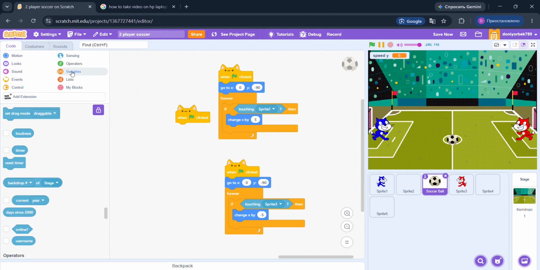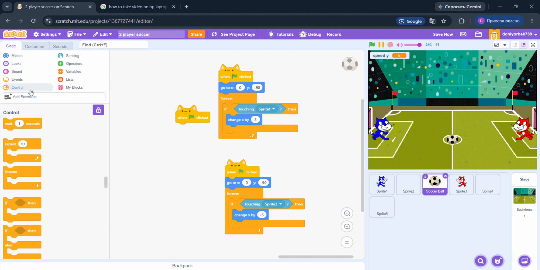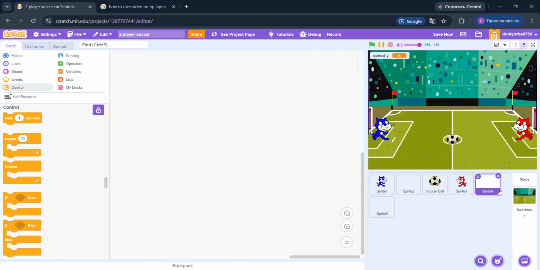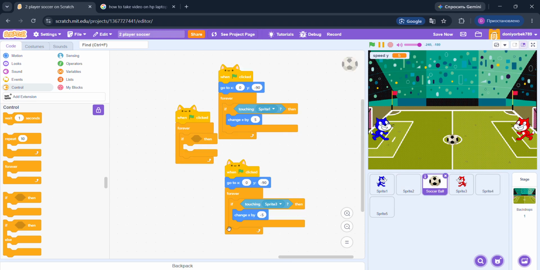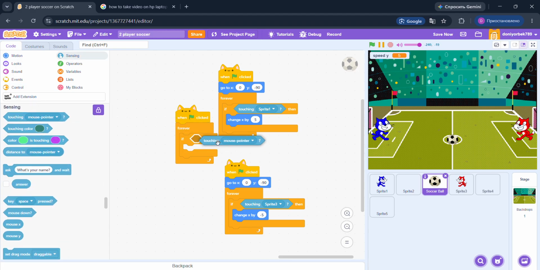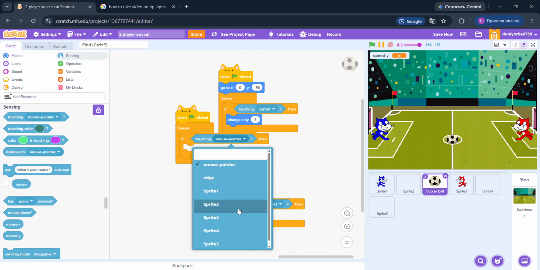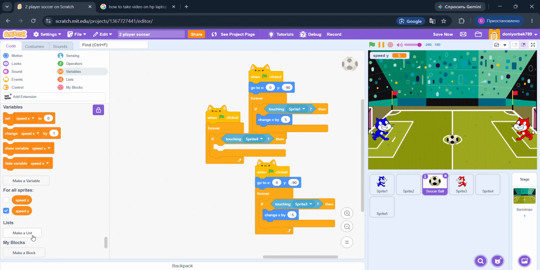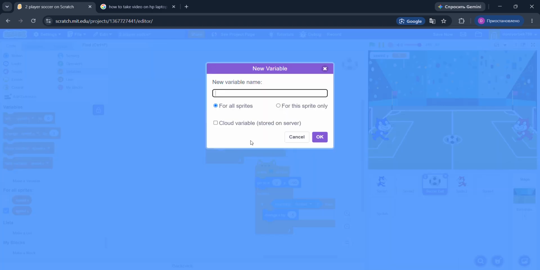However, if touching sprite 4, is this. If touching sprite 4, make available of